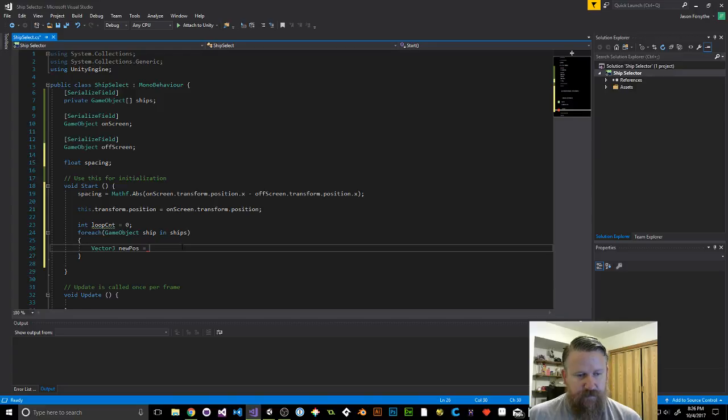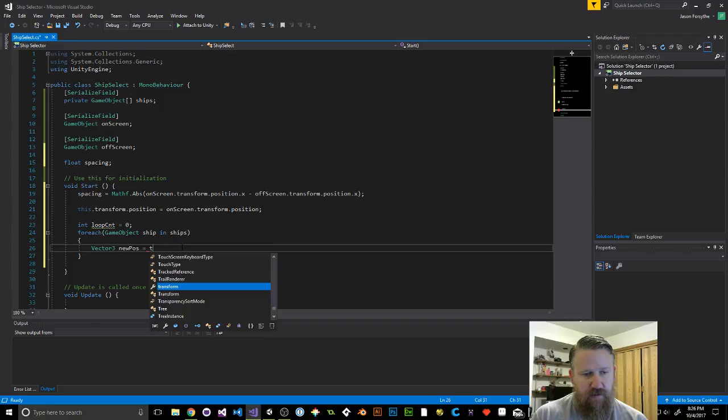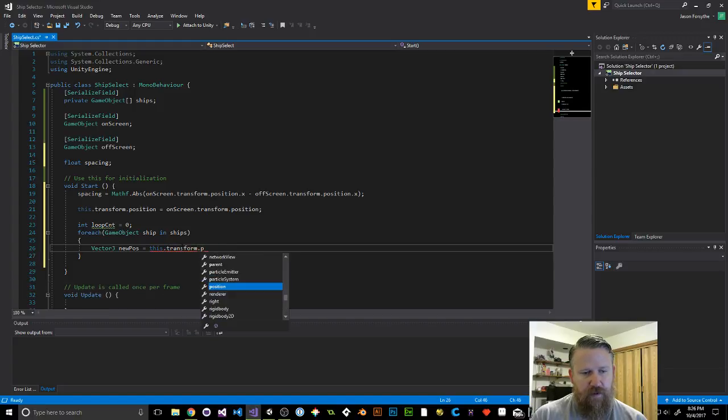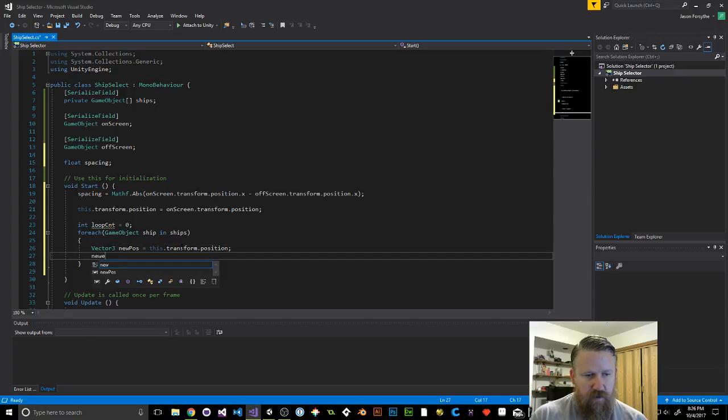All right. Position equals, what is the position going to equal? It is going to equal the rack's position. Transform dot. And then we're going to say new position dot x equals